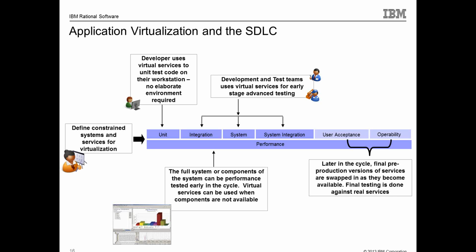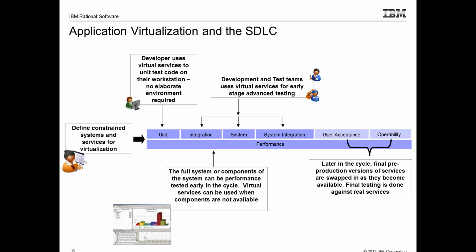You can already define there what the constraints for those systems are and which of those systems are ideal candidates for virtualization. So early in the cycle, right at requirements time, you know exactly which systems you target for virtualization. And once this happens, you go ahead and create virtual services for these backend systems